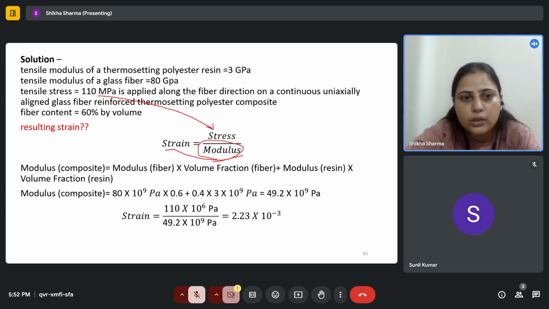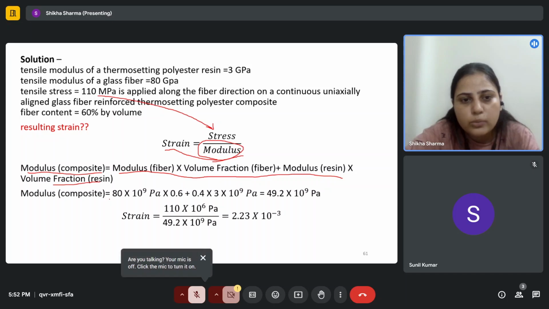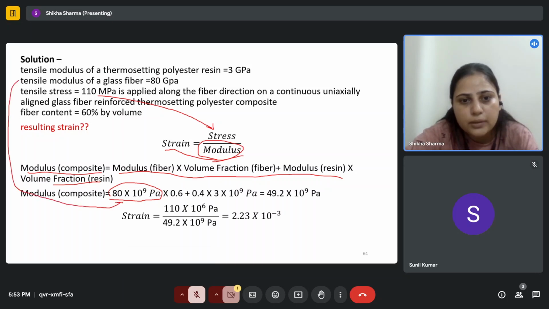So the modulus of the composite, which is formed from the fiber and the resin, is equal to the modulus of the fiber multiplied by the volume fraction of the fiber plus the modulus of the resin multiplied by the volume fraction of the resin. So the modulus of the composite is equal to 80 into 10 to the power 9 Pascal, which is the modulus of the fiber given in the question as the tensile modulus of the glass fiber, 80 GPa, right? Into the 60% volume of the fiber content. So 60 divided by 100,